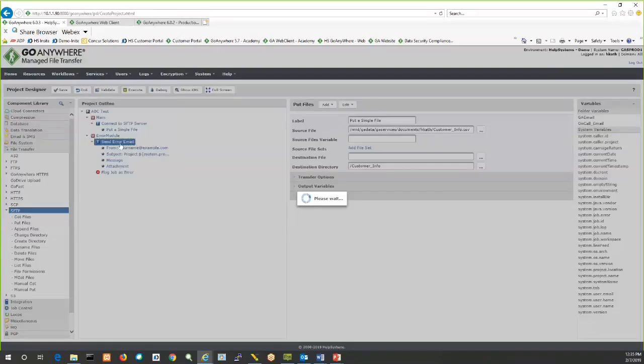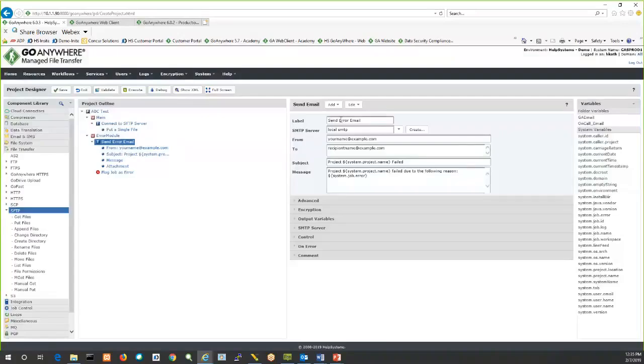So if I jump onto this task, we have some default values pulled in from the template. I do have an SMTP server already defined, so let me select that from the resource. And typically I would fill in the rest of the information there, make sure it's valid or correct. But just because of time, I'll jump down to the message and the subject line. If you look closely, we're actually using a system variable that came from the list to the right. So system project name